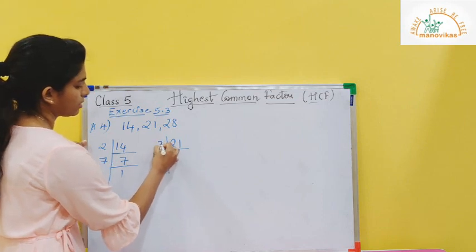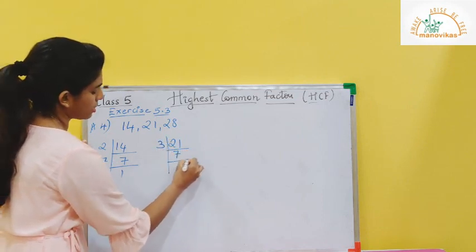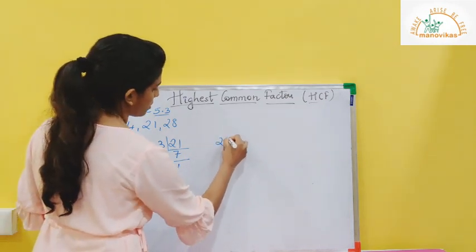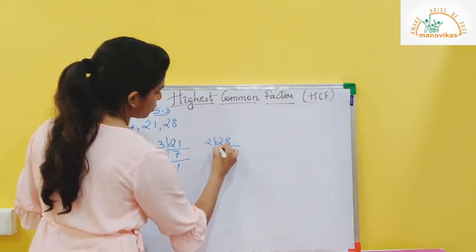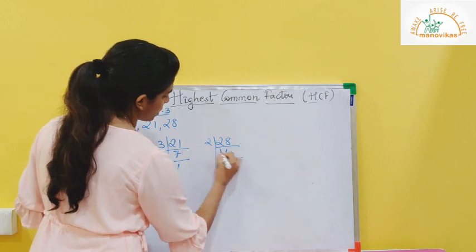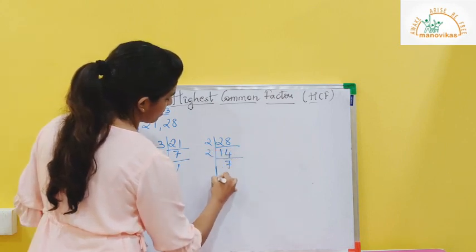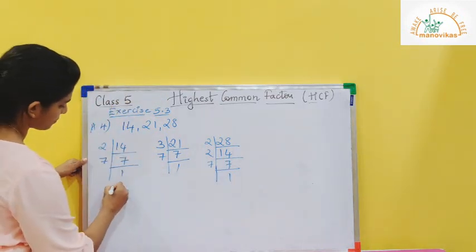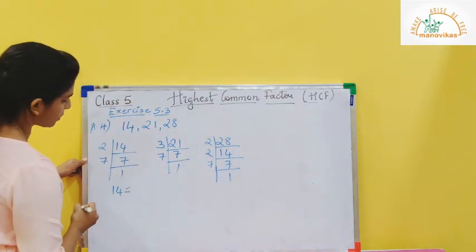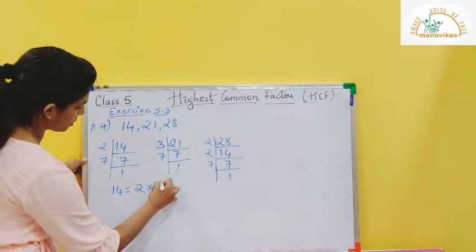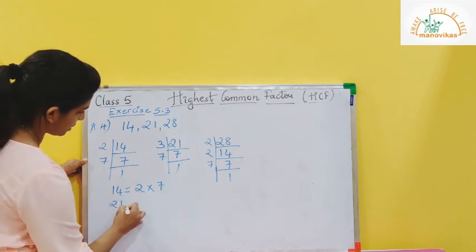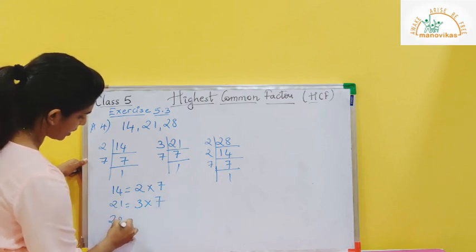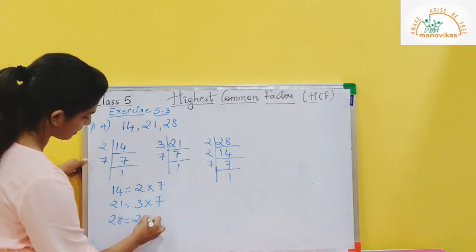Here you see 3 7s are 21, 7 1s are 7. 28: 2 1s are 2, 2 4s are 8, 2 7s are 14, and 7 1s are 7. Write the prime factors. 14 is 2 into 7. 21 is equal to 3 into 7. 28 is equal to 2 multiplied by